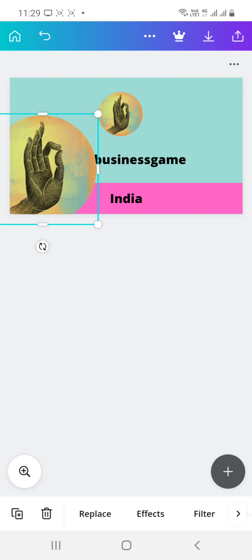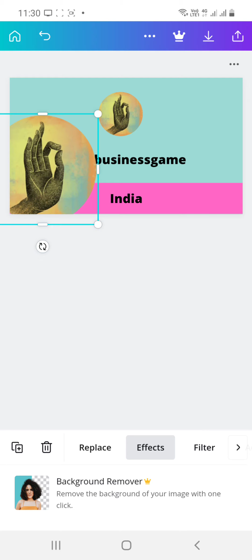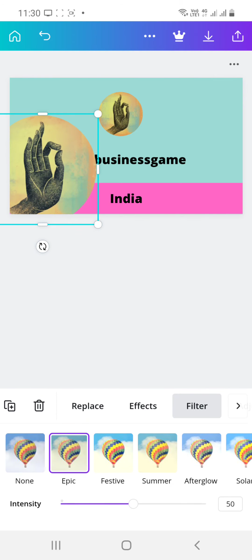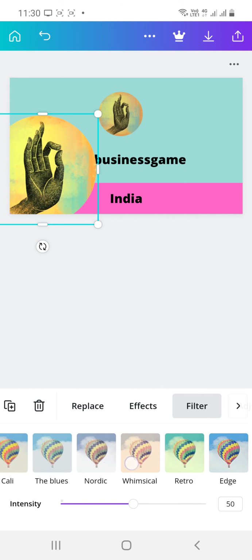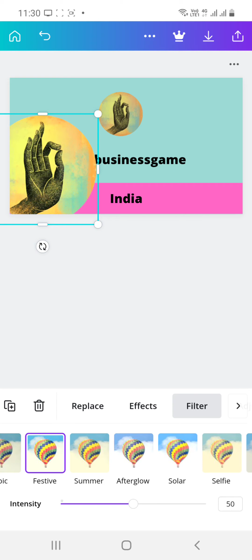Now on the bottom side, whenever you select anything, the tools by which you can edit automatically come up. Okay, on the bottom side there are effects, and you can remove the background, but it's in the paid version, and we'll be using the free version. Now just go to Filter, and there are many filters you can use. Suppose I like this filter, I'll be using this filter. No software shows you such easy things like Canva. Okay, filter. Now just drag over here